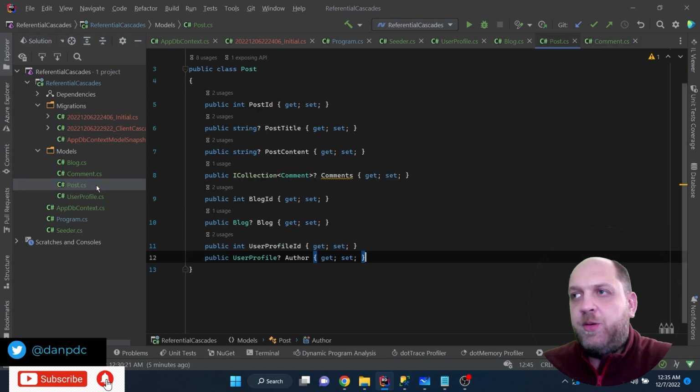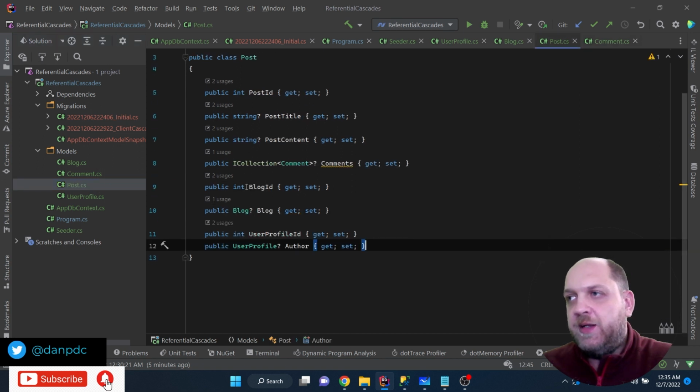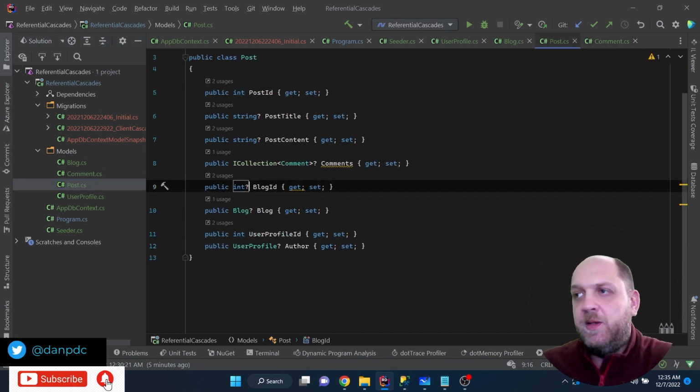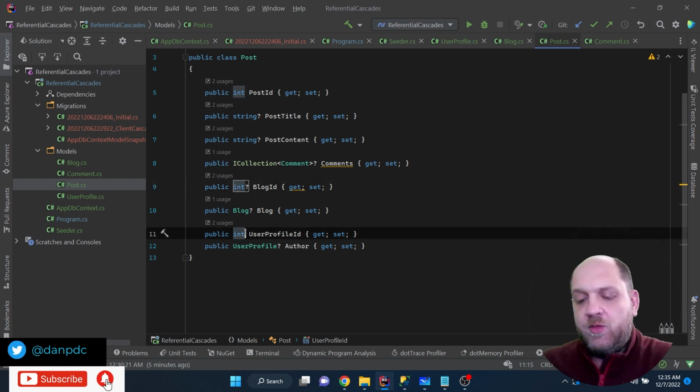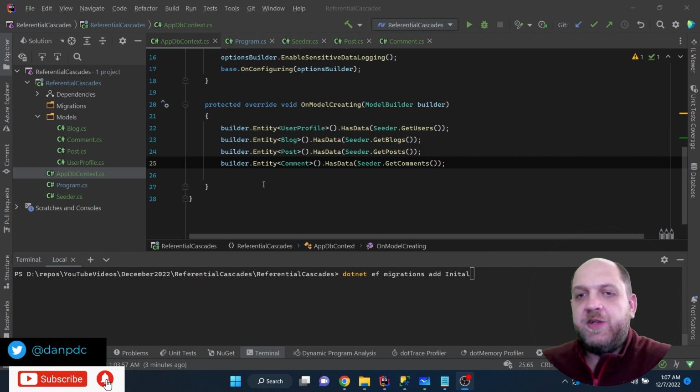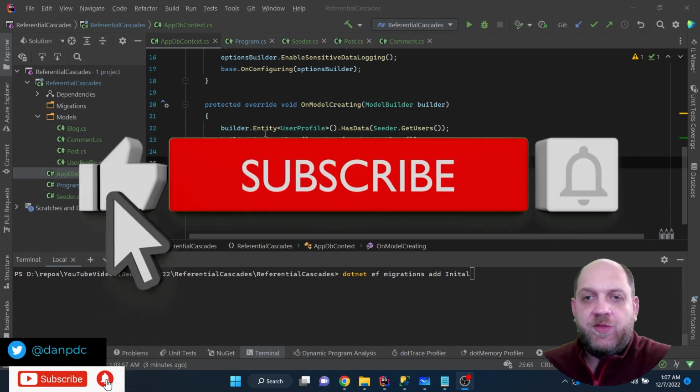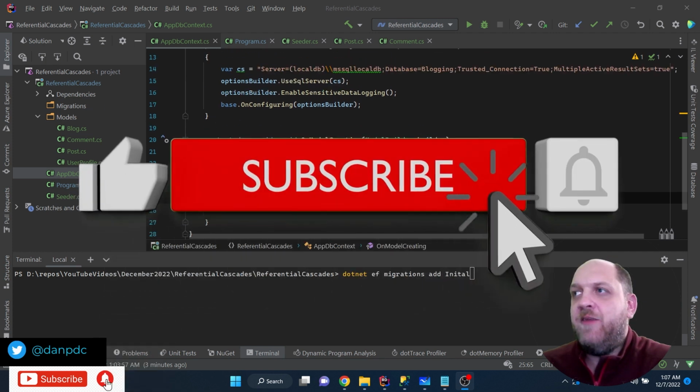Now, then for post, exactly the same thing. The blog ID, we set it to be nullable, and for user profile ID, once again, we set it to be nullable. And to make sure everything works, I also have reset the database to an initial state. I have deleted all the migrations, I have deleted all the tables, and I have tweaked a little bit